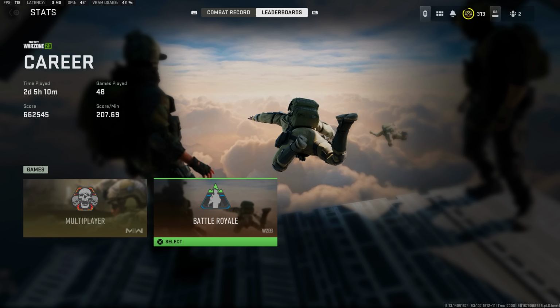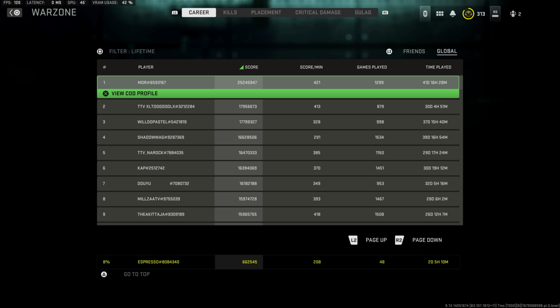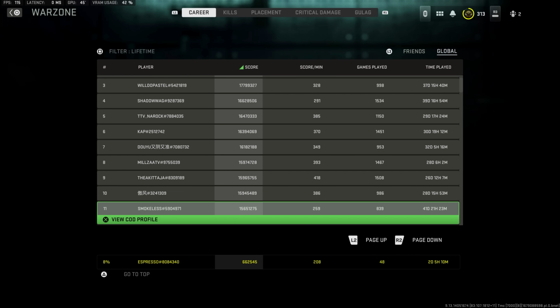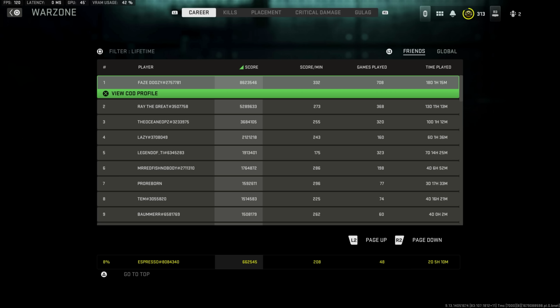Jumping over to Warzone, we see a little bit more built out for the leaderboards and the combat record for Battle Royale. For those that end up playing Battle Royale, you'll notice that you do have leaderboards now that showcase career, kills, placement, critical damage, gulag, and game mode statistics. Now, that's pretty cool to see, but apparently it's not accurate